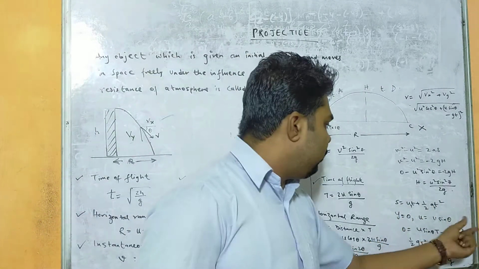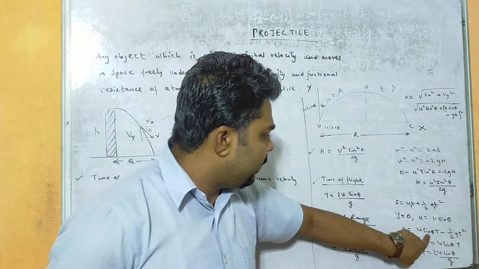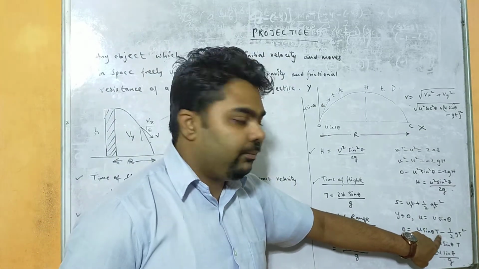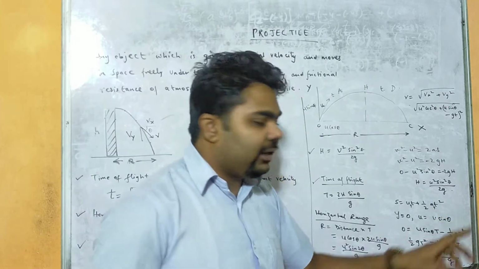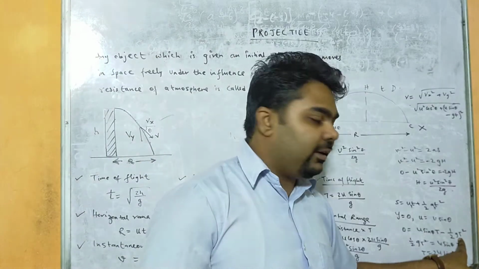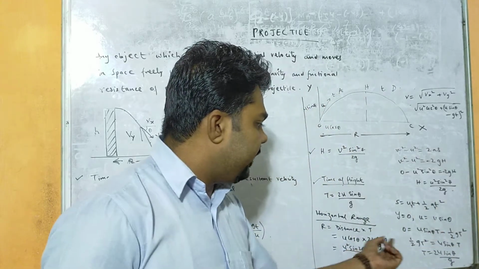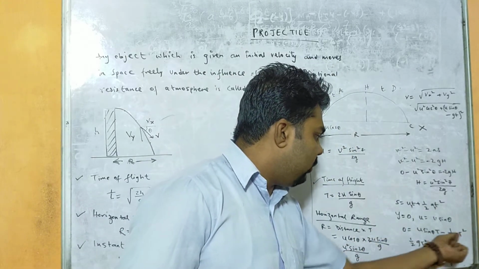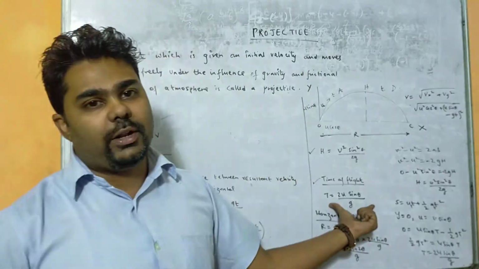Now if I substitute this value here, in place of s, 0, u_y means u sin theta, and t means time of flight, minus half a_y t square. Now again, when an object is being thrown up, we will consider minus g, that is half g t square. Now if you take it to the other side, cancel 1t and 1t, and cross multiply, you will get t equals 2u sin theta by g. This is the time of flight.